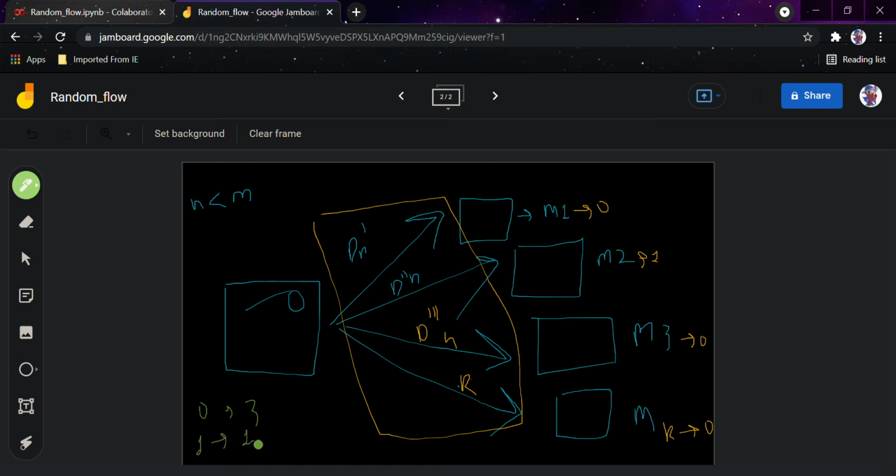Hence 0 occurred the majority number of times, so 0 would be our answer. What we did was combine all the results of these models to get this specific answer, and this whole approach is known as aggregation. This is how random forest gets its name, the bootstrap aggregation method.